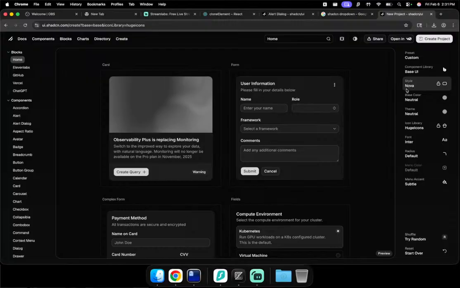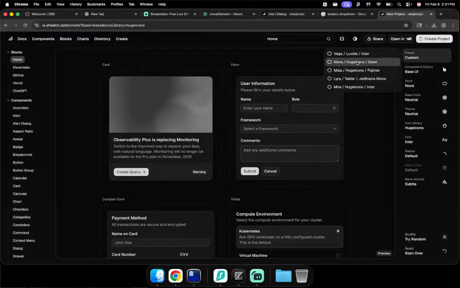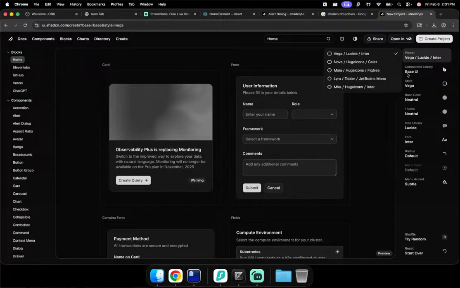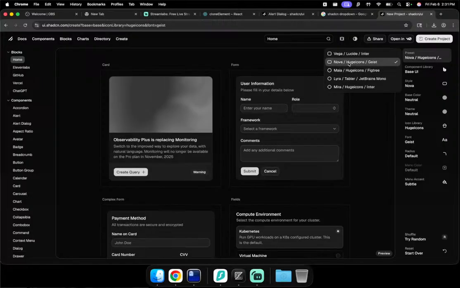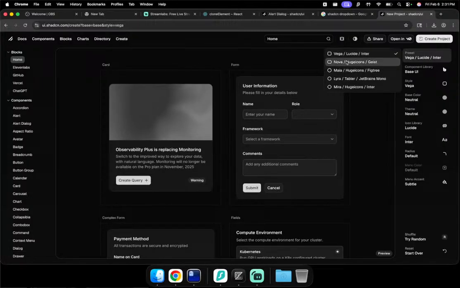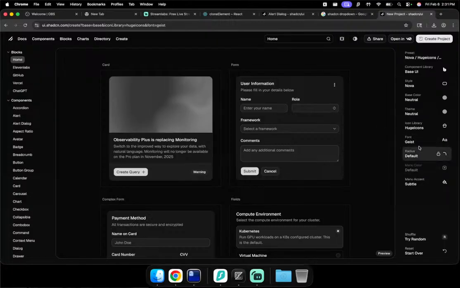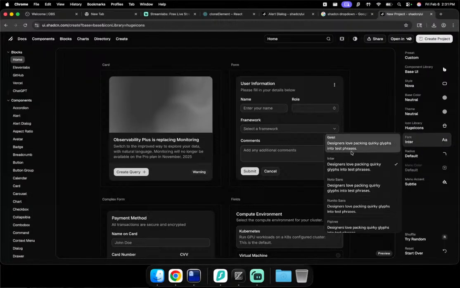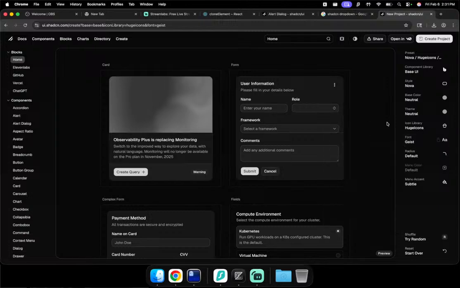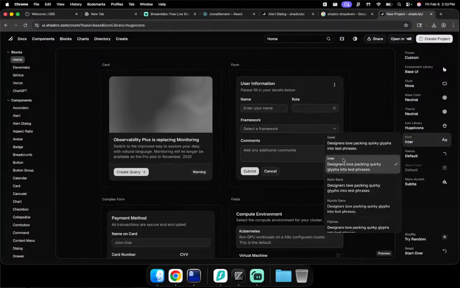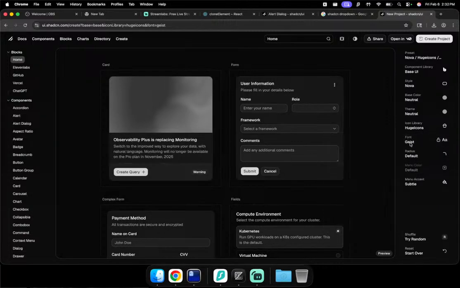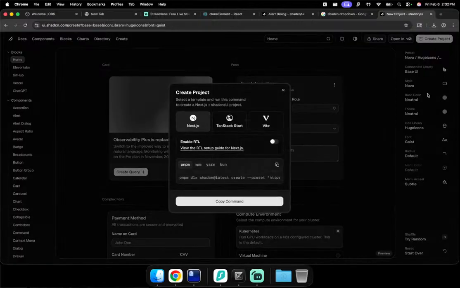So yeah, let's just reset Vega, Nova, Icons Geist. I guess it does not matter literally at all, but